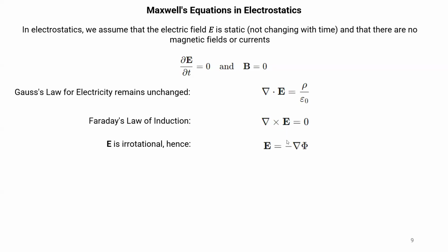Curl of any gradient field is always zero because a gradient field is rotationless. And this is satisfied, I mean, 0 equals 0. So we can represent electric field as a gradient of scalar field,